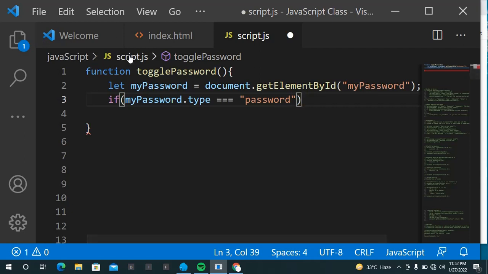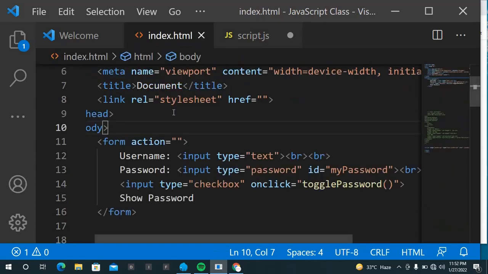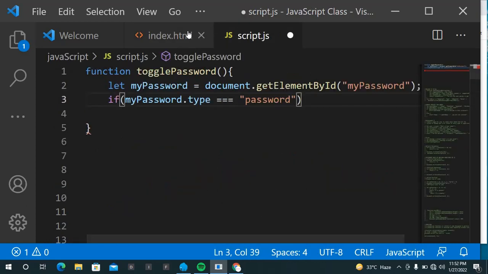Remember that this function is actually meant for our checkbox input here. It is related to our checkbox input here. So that is what the onClick is all about. So when you click this checkbox, what should happen? That's what we want to do. So when you click the checkbox and you find that the type of this my password, this variable, which is the one we have declared, that's the input from my password. So if when the checkbox is clicked, the password type is password,